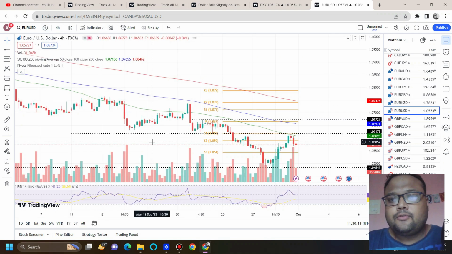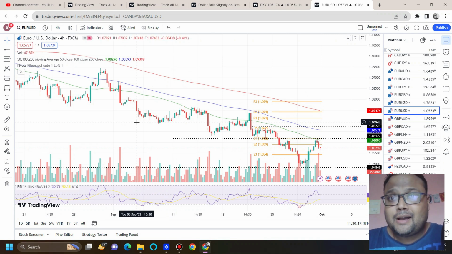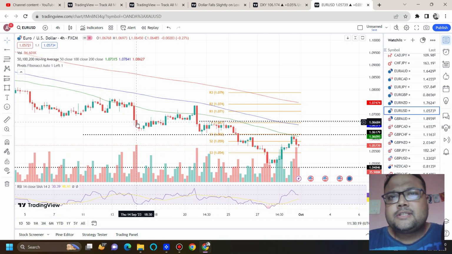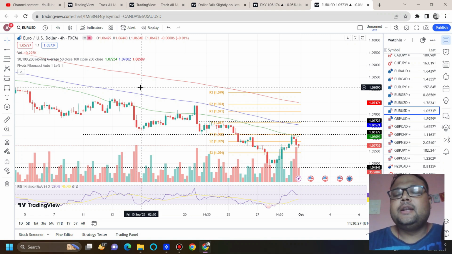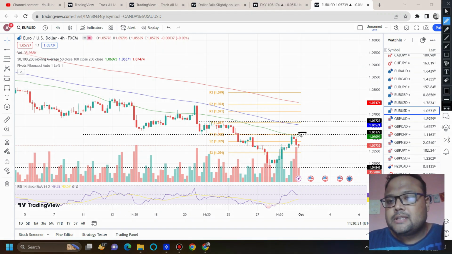Now let's look at the Forex chart. NFP is obviously not coming on Monday, so we need to follow the trend of the market here. As we all know, during the first half of Monday, there is not much volatility. The market prefers to stay silent. So if the market opens on a lower note and doesn't show much volatility, then respecting the volatility of the market, you can look for a sell position again around this area,